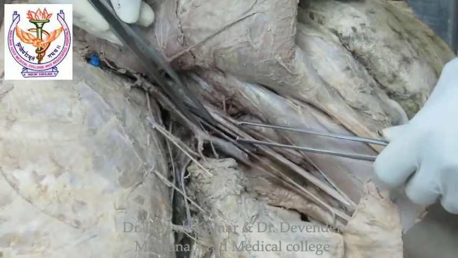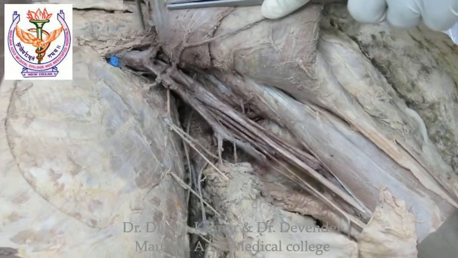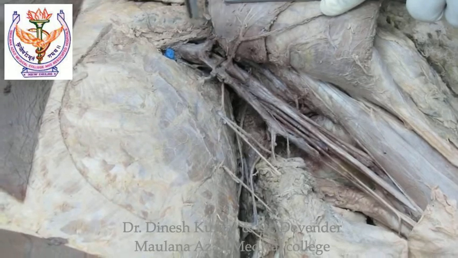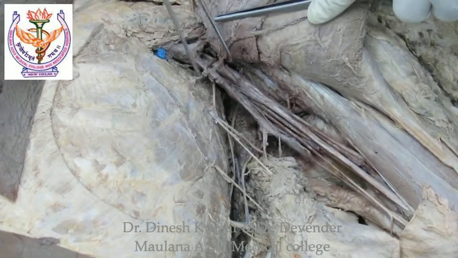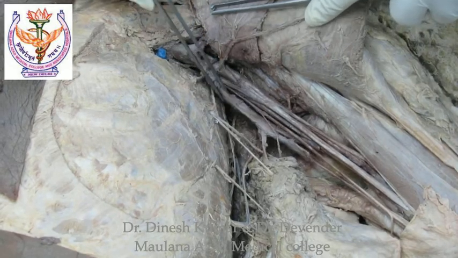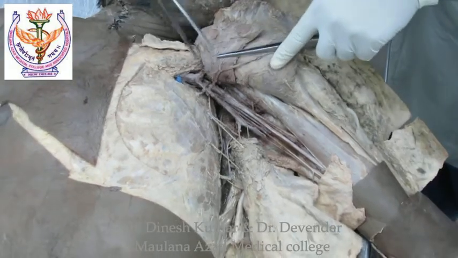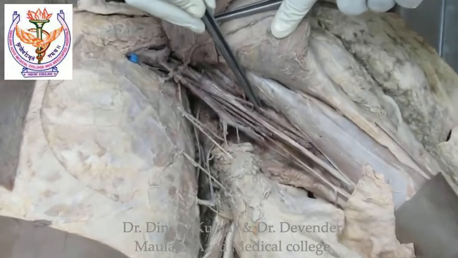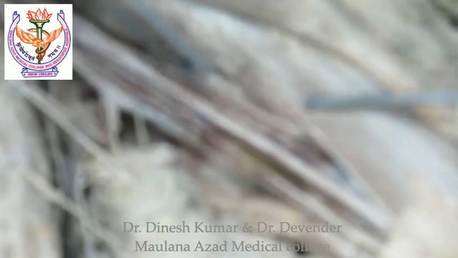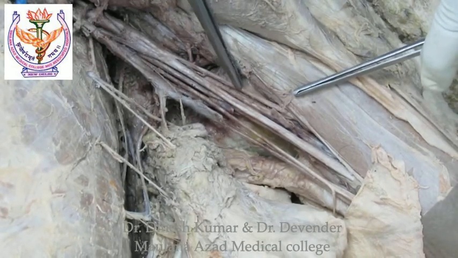Now we see the brachial plexus, the cords of the brachial plexus. In the axilla, we can see the infraclavicular part of the brachial plexus. How will we identify the cords of the brachial plexus? First you have to identify one very important branch, the branch to the coracobrachialis. The very simple method to identify it is that it enters the coracobrachialis, right? So this branch is the one to the coracobrachialis.